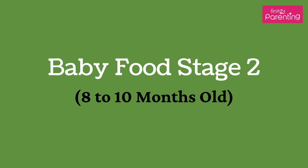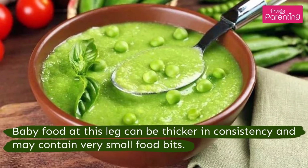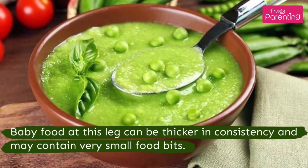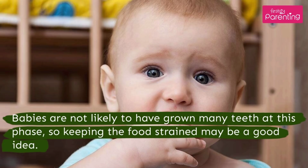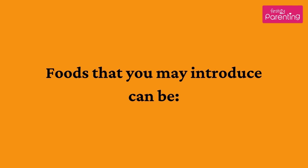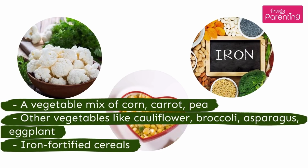Baby food stage 2 for 8 to 10 months old. Baby food at this leg can be thicker in consistency and may contain very small food bits. Babies are not likely to have grown many teeth at this phase, so keeping the food strained may be a good idea. Foods that you may introduce can be a vegetable mix of corn, carrot, pea, other vegetables like cauliflower,